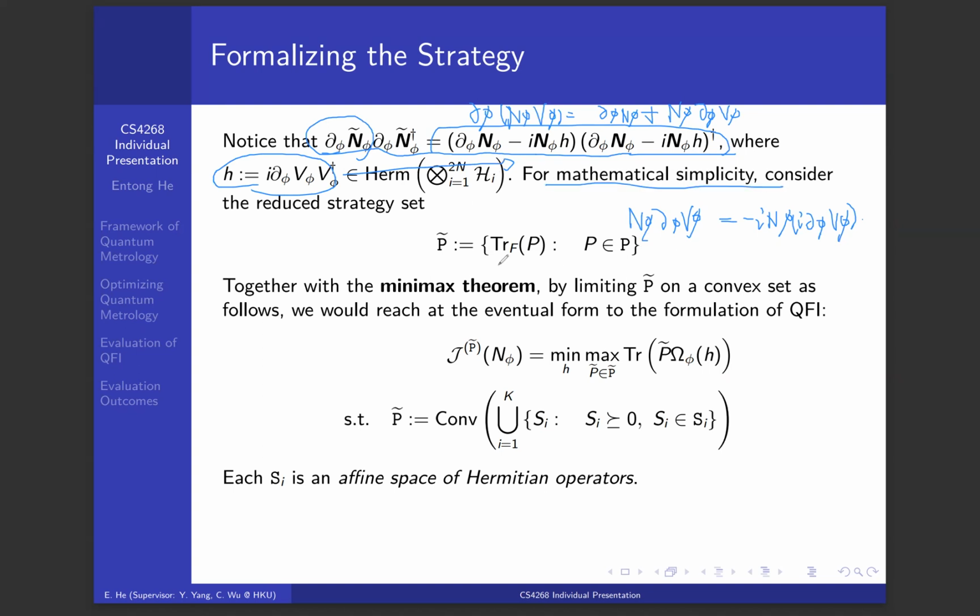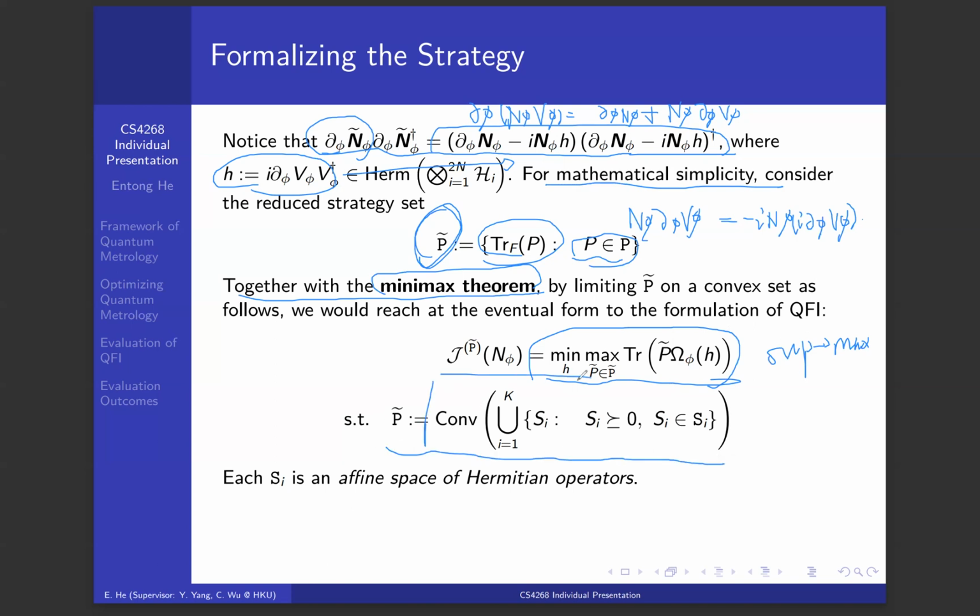For mathematical simplicity, we also consider a strategy set P tilde, obtained by tracing out the subsystem F for any P in the strategy set P. Together with the min-max theorem, we originally have sub-min; after exchanging, we have min sub. And by the fact that this set is compact, the sub will be exchanged into max. We result in this min-max form such that P tilde belongs to this set, the convex hull